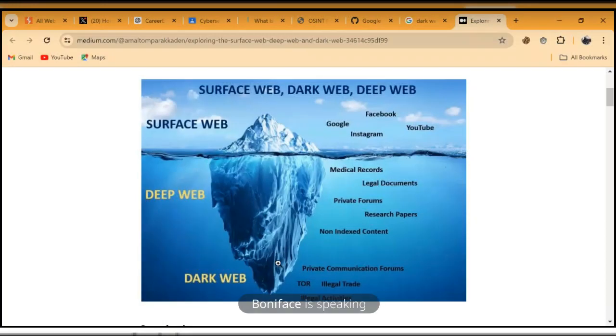Now, if you want to access it, that's still one of the topics that we are going to treat today: how you can access that. Like I said, I'm not going to talk about it deeply. Moreover, if I go there and show you what I'm going to show you, I'm going to exit the browser immediately, for reasons best known to me. So we have the surface web, the deep web, and the dark web. The reason why I talked about all this is to tell you more about